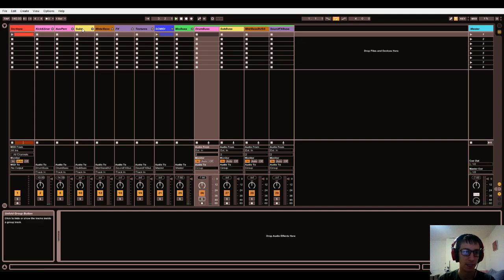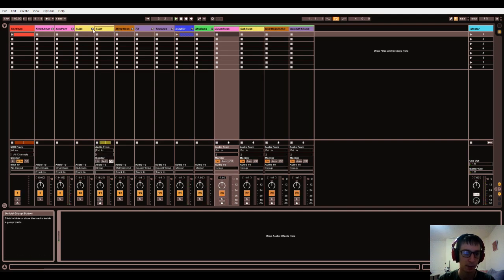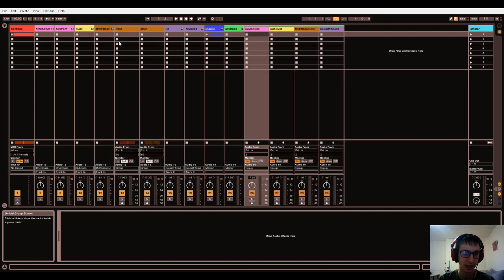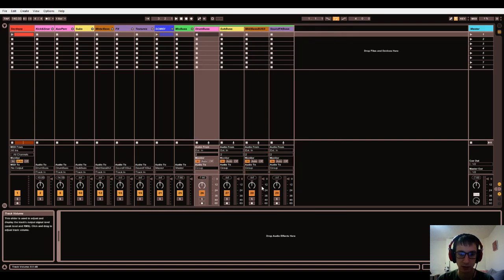Okay, and then I did the same for the sub as well. You know, groups: sub 1 is going to the group, and then the sub is going down here to the sub bus, and then same for the mids. See bass 1, bass 2, melody 2, which is an ARP, group, and then mid bass bus. And then same here, if I solo this,